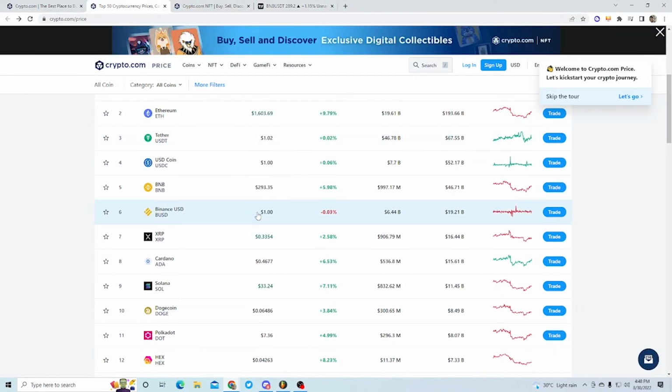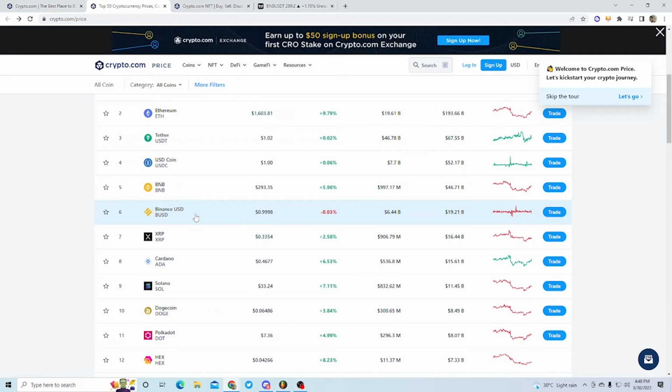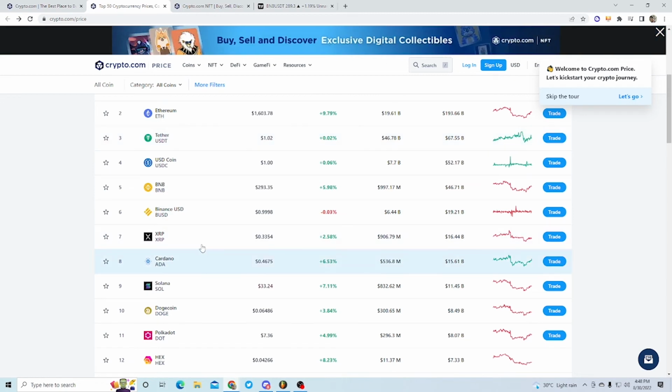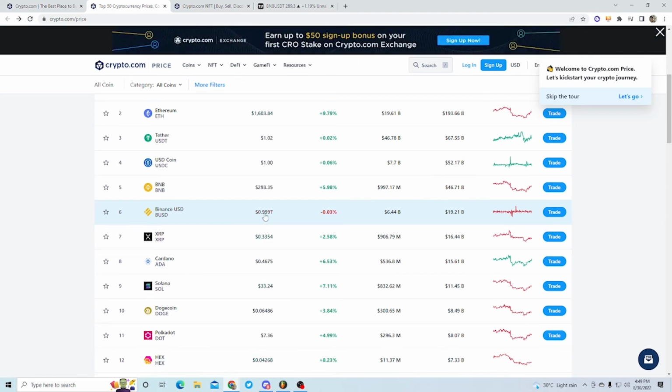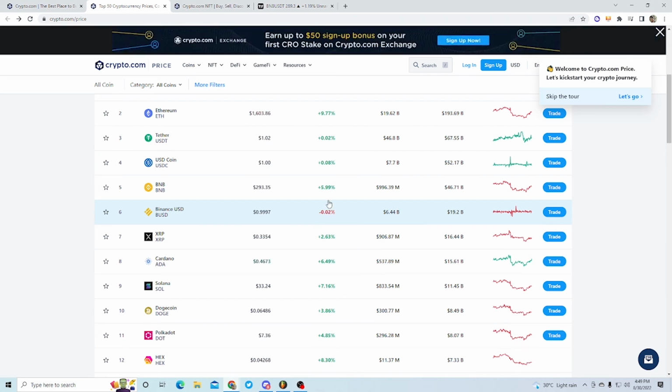And after BNB, we get the BUSD, which is also a Binance coin, which is a stable coin like USD Coin and the USDT coin. So it's also a stable coin, which is close to $1, but you can see it's 0.99997, which is like 0.02%. So we see very little movement in the stable coins. Okay, so these are for investing in other coins, like for pairs. These are used mostly if you want to